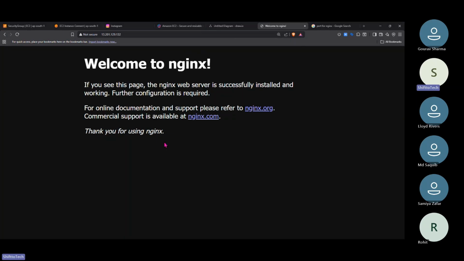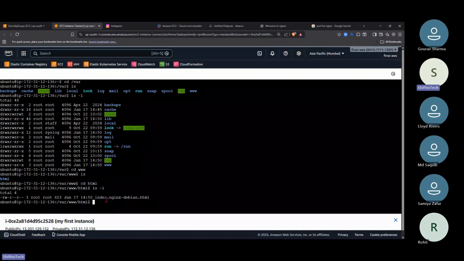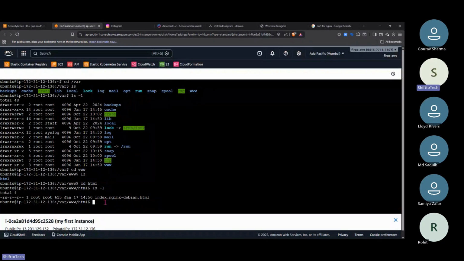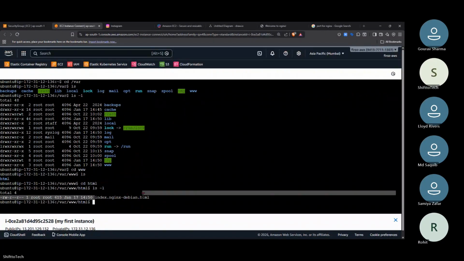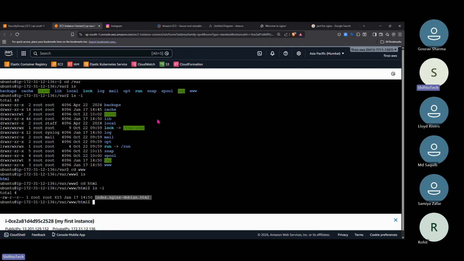Now I want to run my e-commerce website in it, right? Let's do it. This is the HTML file. In the last class we studied Vim.